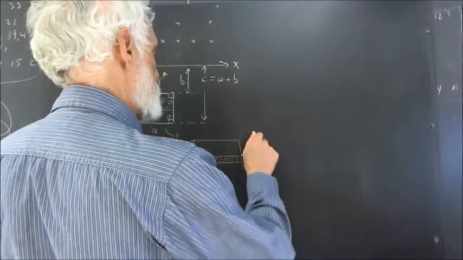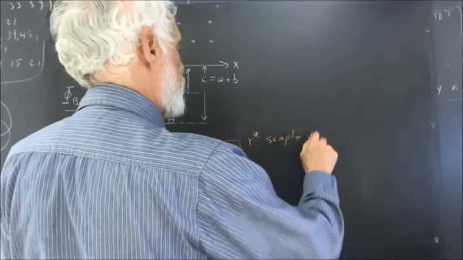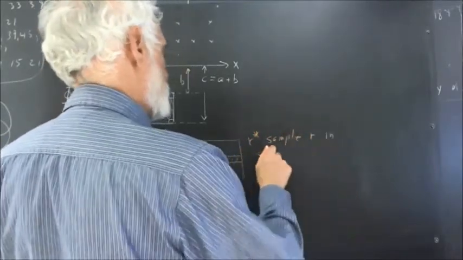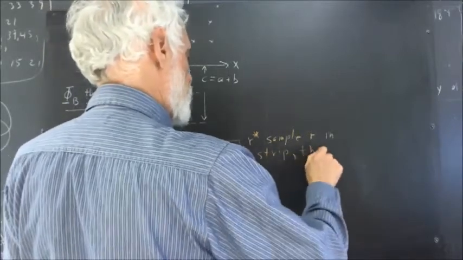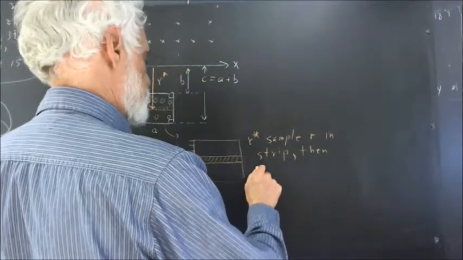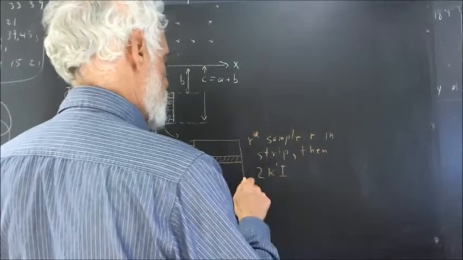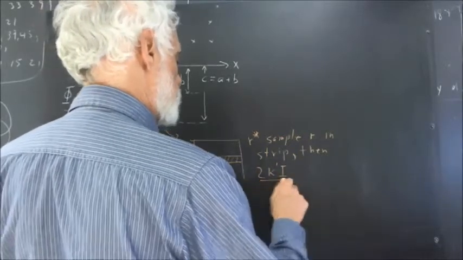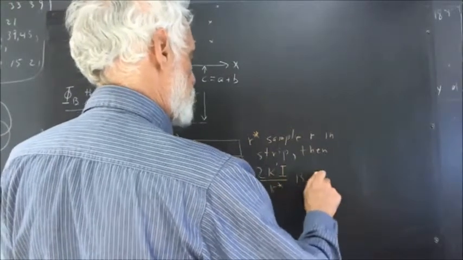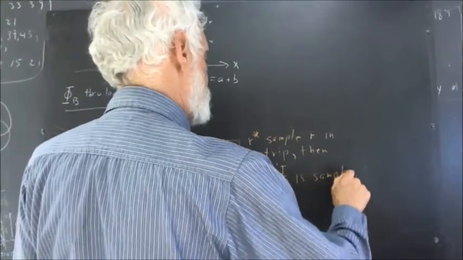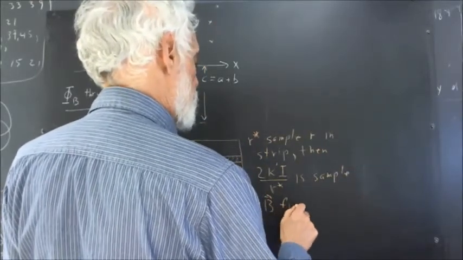So if R star is a sample R in the strip, then 2K prime I over R star is the sample magnetic field strength,